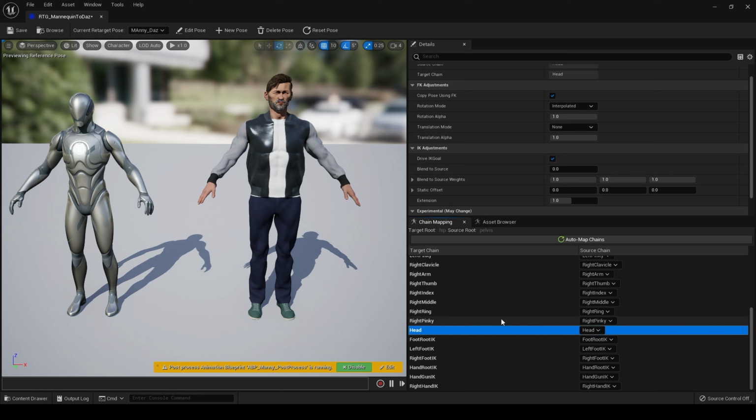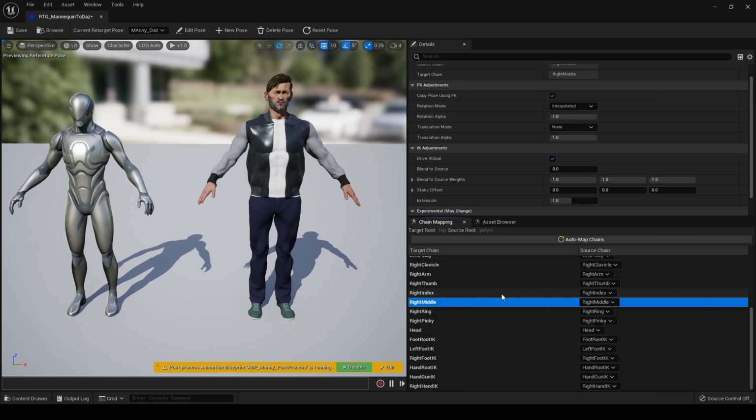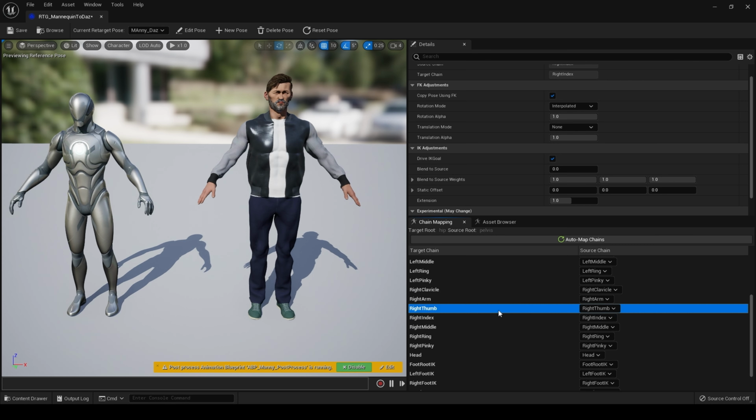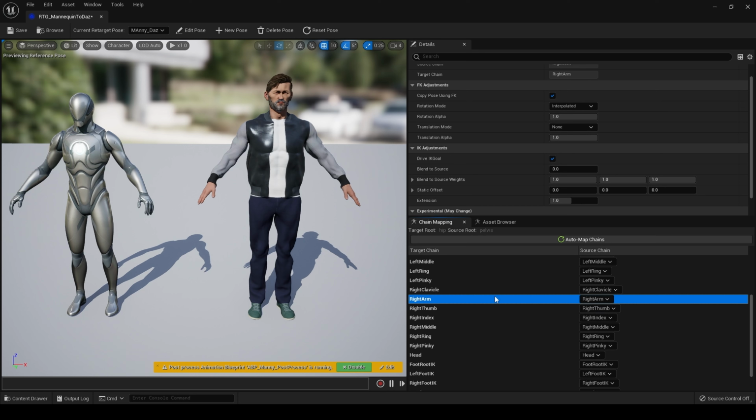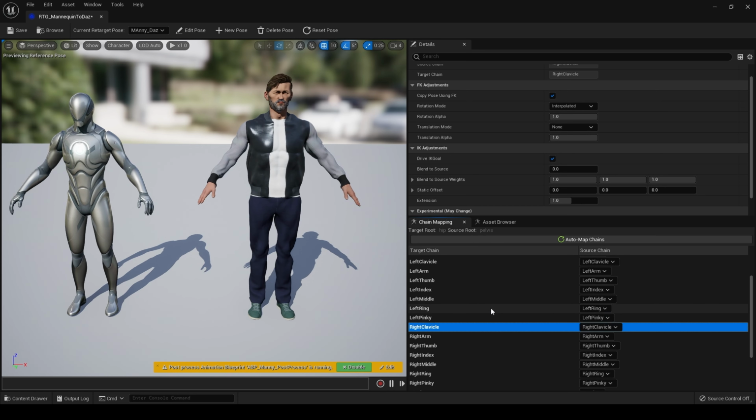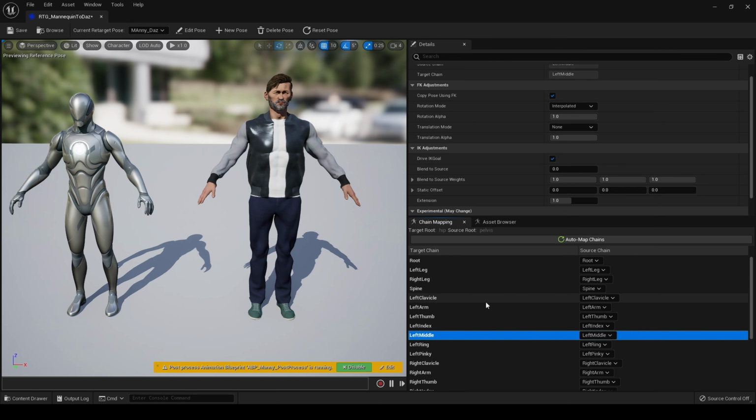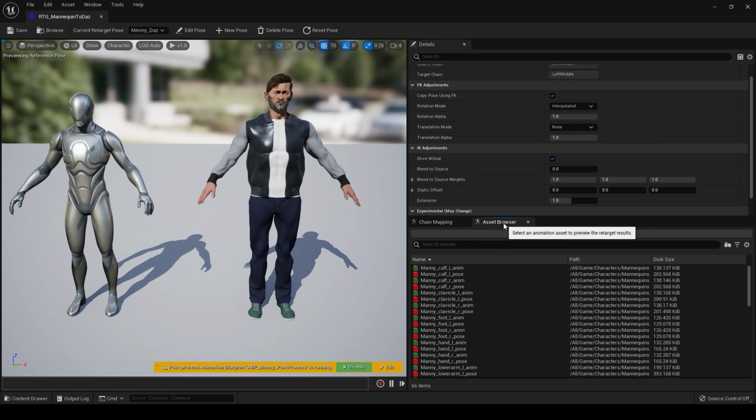Right, I'm happy with that, and then what I'm going to do is just go through and make sure all these chains, the target chain and the source chain, have the correct names and they're lined up. Yep, very good. And hit save. Now what we can do is come over to Asset Browser, and if we type, say, idle,